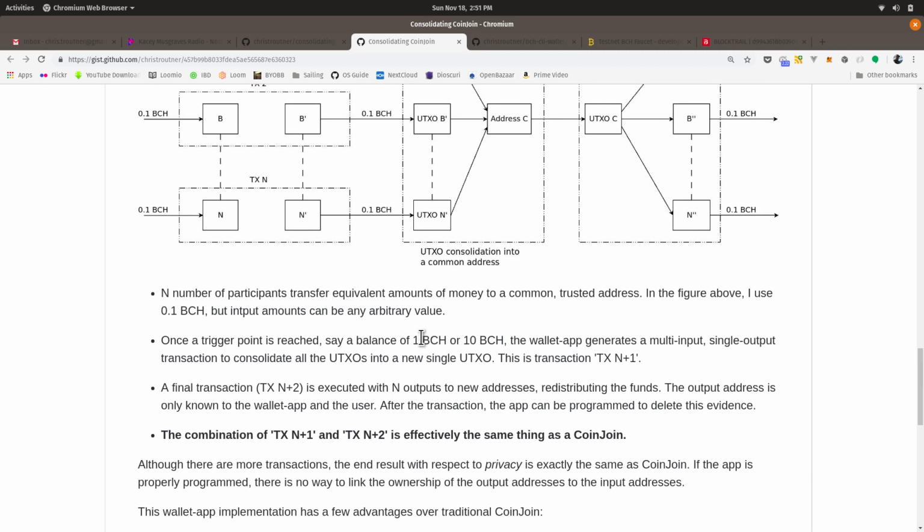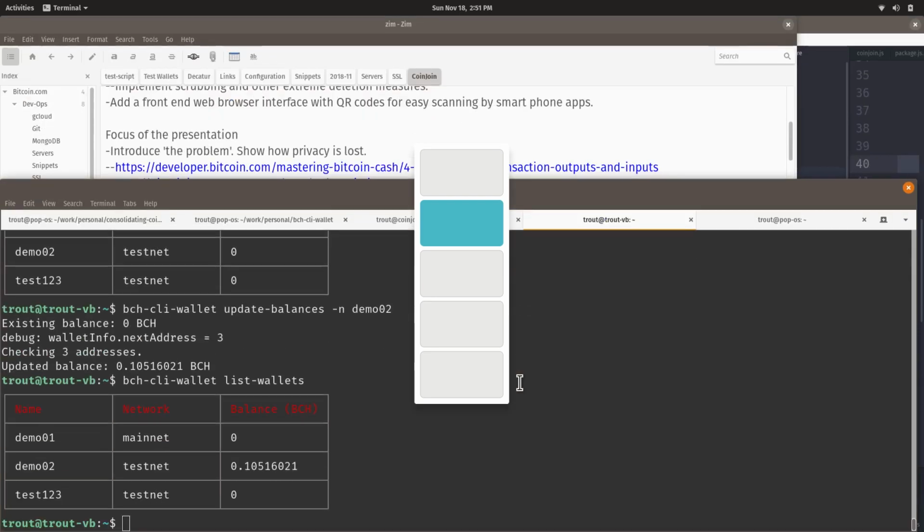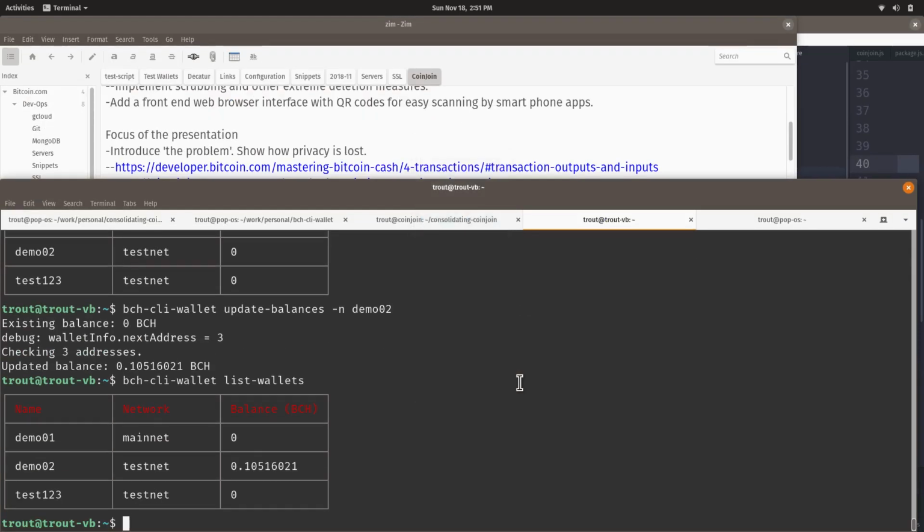But what I'm probably going to do is create a public testnet server for people to use after this video, and I'll probably set it at 1 BCH, so you can send any amount to it, but at 1 BCH it'll trigger the CoinJoin. And so the amount of time you have to wait until your money is anonymized is going to change.